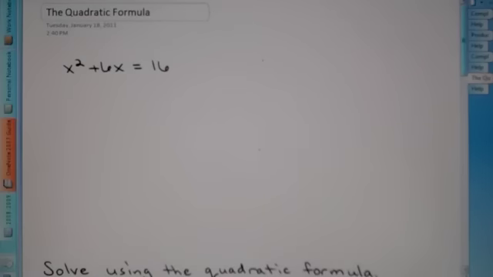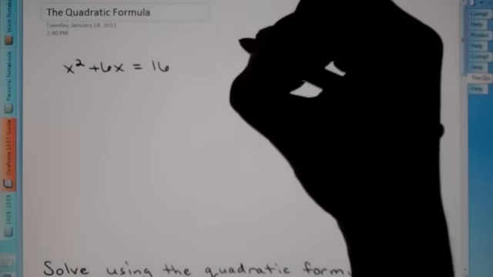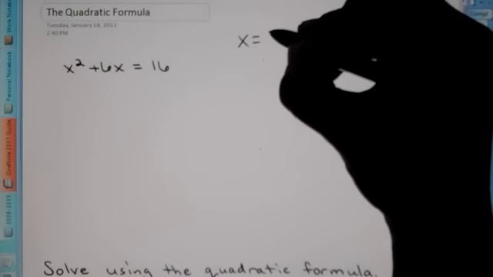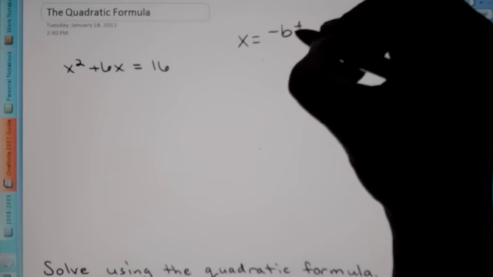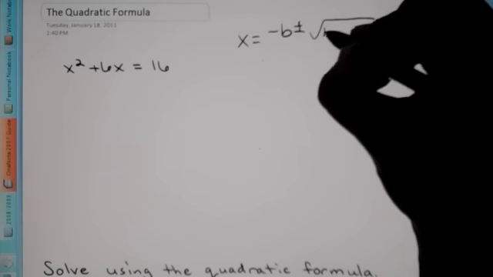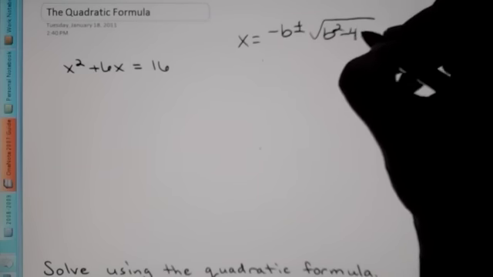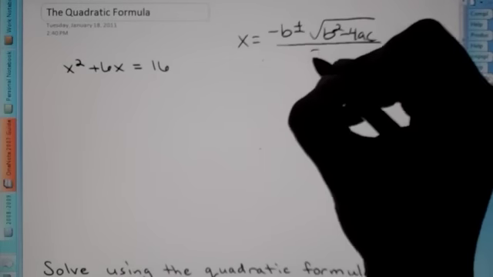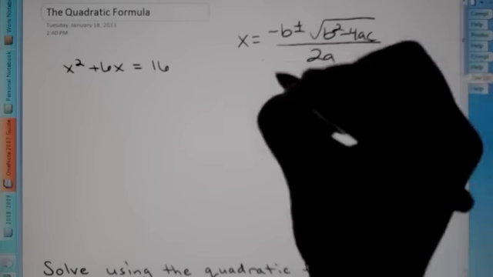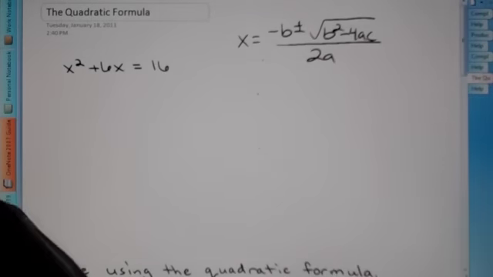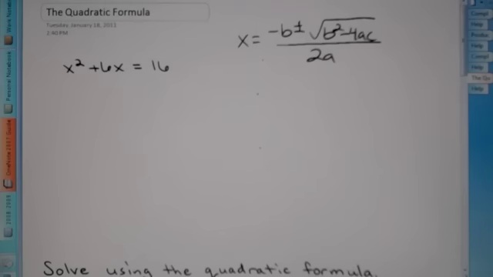Hey Algebra 2, today we're talking about the quadratic formula, and we're going to be dealing with complex numbers. But first, I want to remind you about the quadratic formula. Hopefully you have this memorized: x equals negative b plus or minus the square root of b squared minus 4ac, all over 2a. And this only applies when everything is on one side of the equation, 0 is on